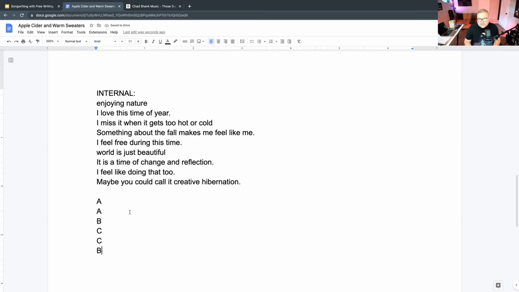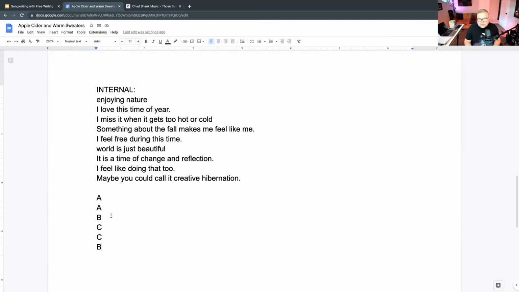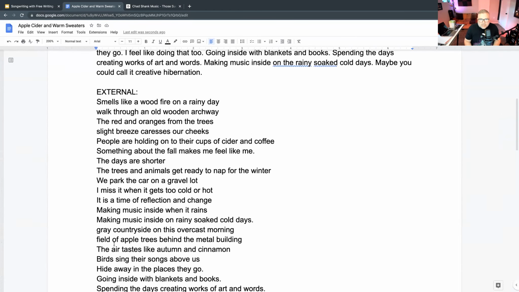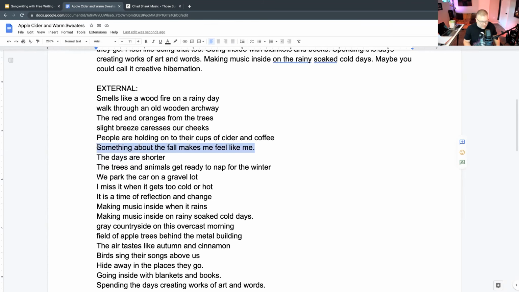So now basically what I'm going to do is look for lines that rhyme and put them into this structure. And I'm going to see if I can end the segment with an internal rhyme. So I'm going to look back up here and put this as my last one.